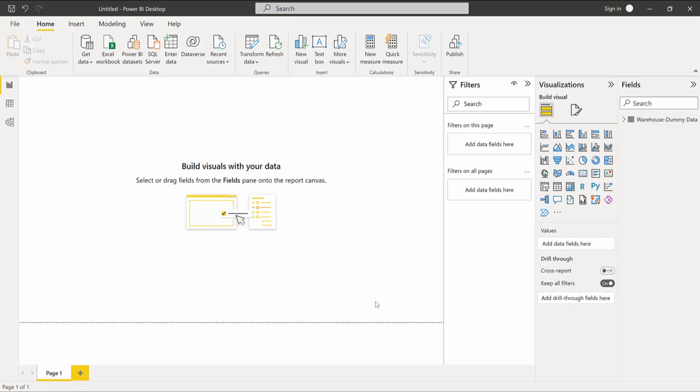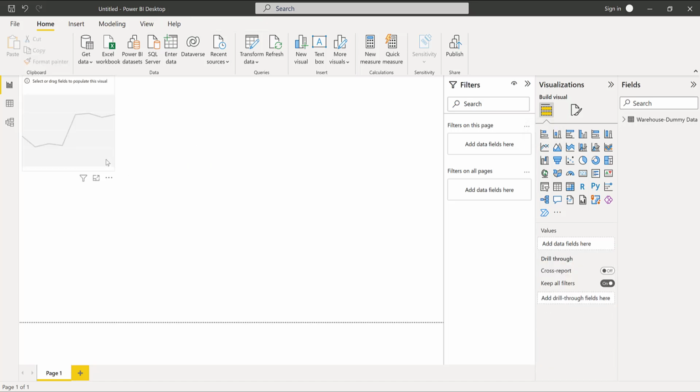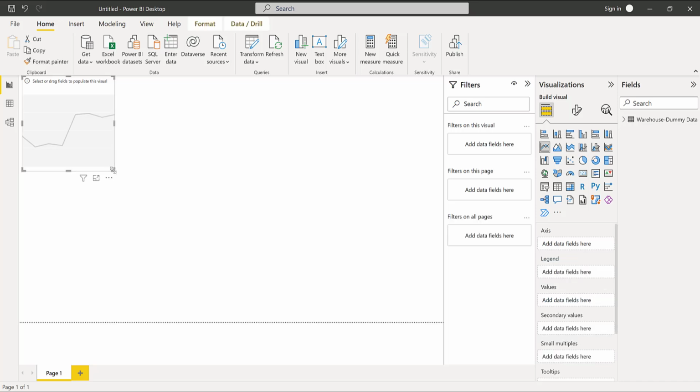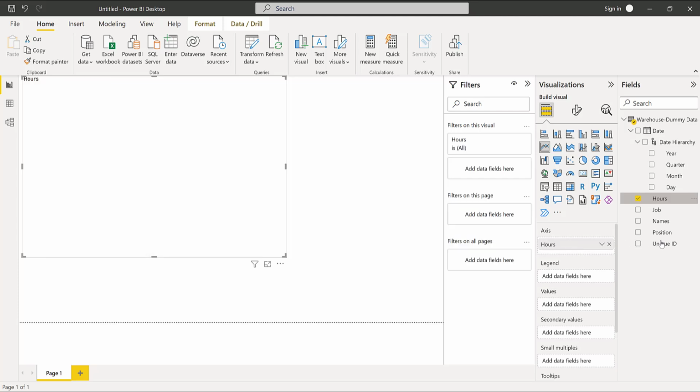For example, we have one question that is about determining productivity of employees at different hours, and we want to see at what hour employees are most productive. For this purpose, we will need to make a line chart, and we will need two variables for that. One is hours, and other will be count of their unique identity. So I drag hours into axis and unique ID into values,